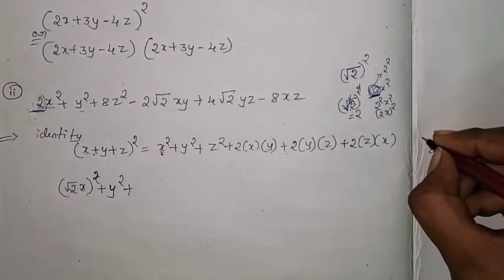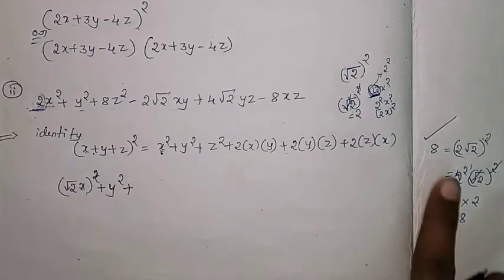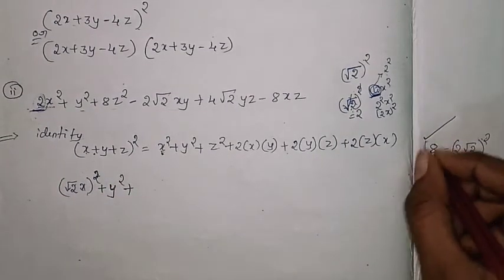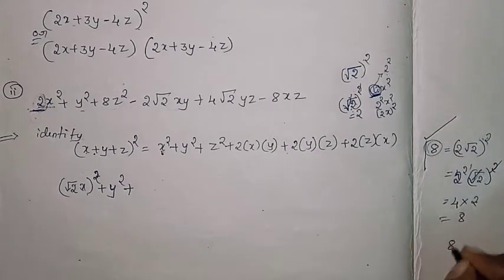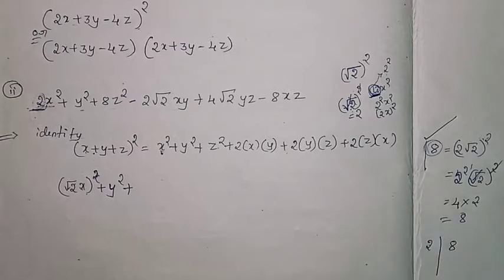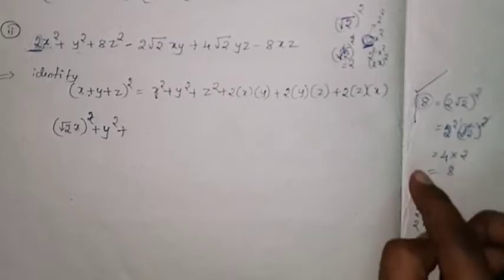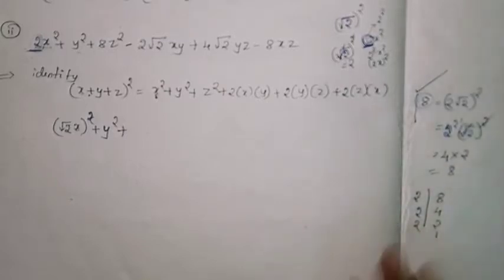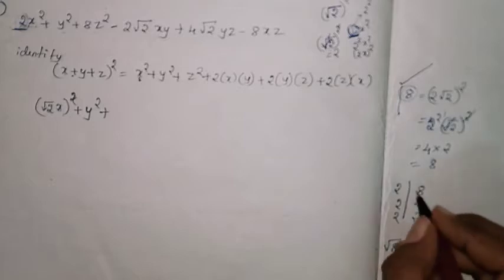Either you remember this one or you have to take the square root terms. You have to find the term square root. Then what you can do, just do the LCM of this term by using 2. 2 1s are 2, 2 4s are 8, then 2 2s are, then 2 1s are. So there are 2 terms, yes. So when you are taking the LCM, we are taking square root of 8.